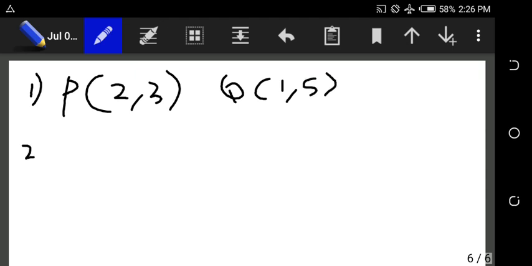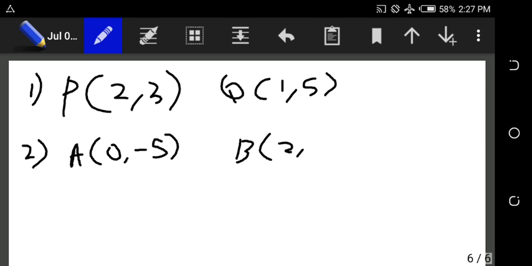For number 2, try the gradient between 2 points A, 0, minus 5, and the point B, which is 2, 7. Finally, number 3, calculate the gradient of a straight line between the points 1, 1